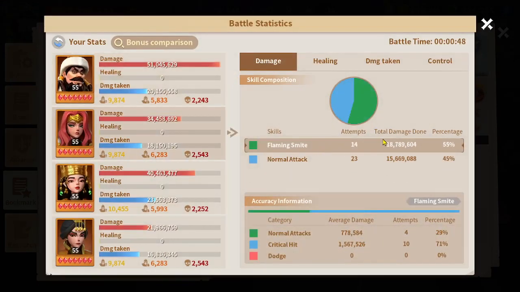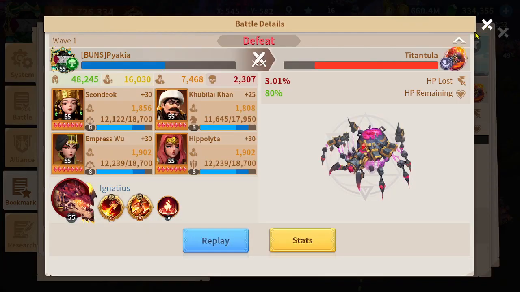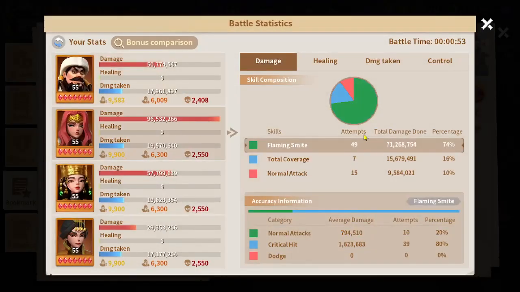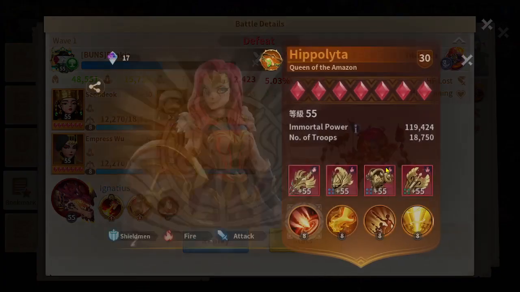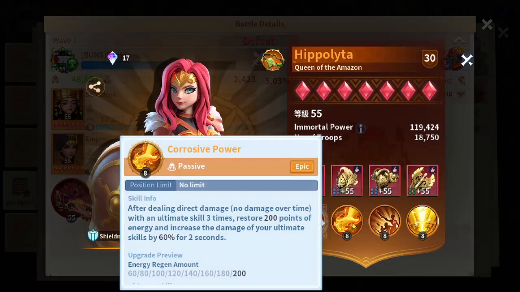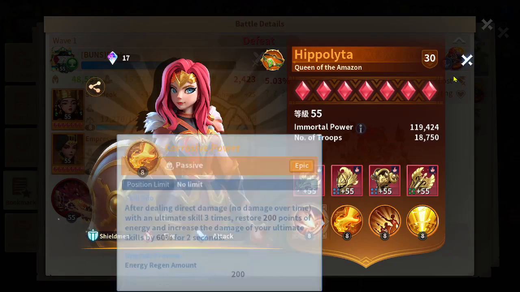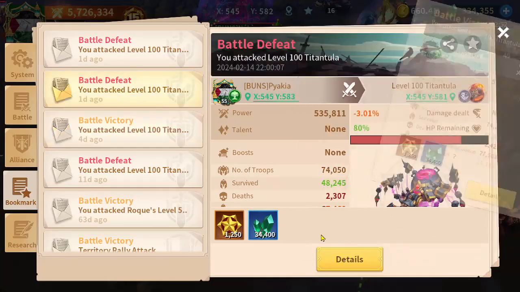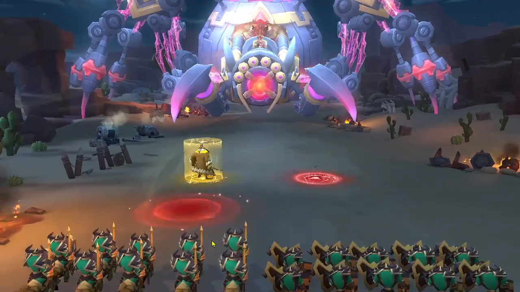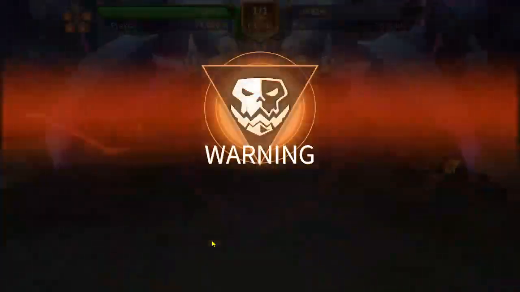attempts for Flaming Smite. Here I have 14, while on the other attempts I had more than 14 Flaming Smite. I don't know why. The only change I made is just using Berserker rather than full coverage. Maybe Corrosive Power didn't work while I was using Berserker. I don't know, because Hippolyta didn't use her ultimate skill a lot, or maybe because Berserker reduced the energy regen